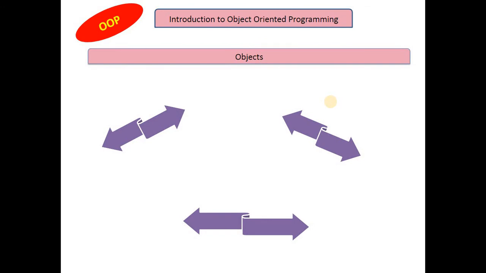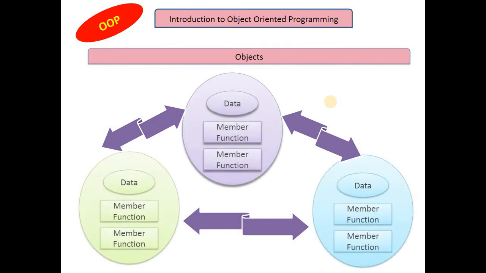So, what is an object? If you see, a student can be an object, an accounts section can be an object, a faculty section can be an object, and each of the sections has its own data and its own member functions. A student has its own roll number, name and so on. The accounts section can have the details of the financial plan and so on. The department can have the data of all the students or all the subjects which the course teachers teach. So, that is why I can say there are different objects, each with its own data and its own function.